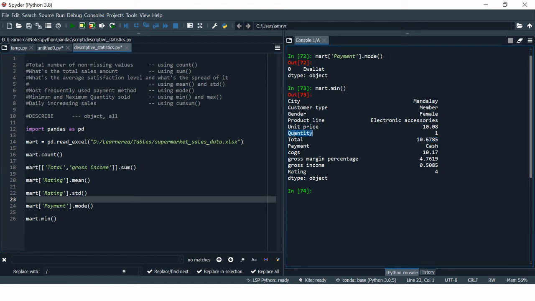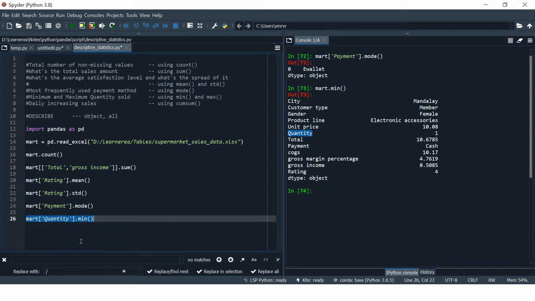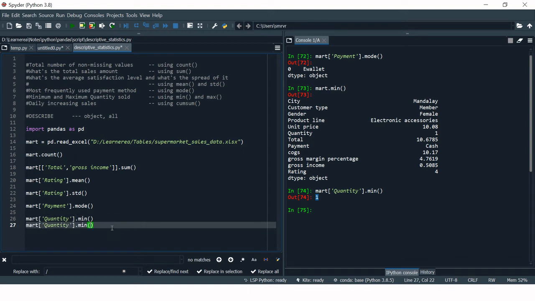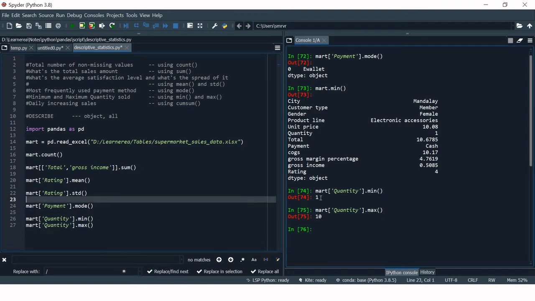Here we have our quantity variable which we put over here inside the square bracket, and now 1 is the minimum quantity which has been sold. What is the maximum quantity which has been sold? Let's find that out. 10. So minimum 1 and maximum 10 quantity has been sold.